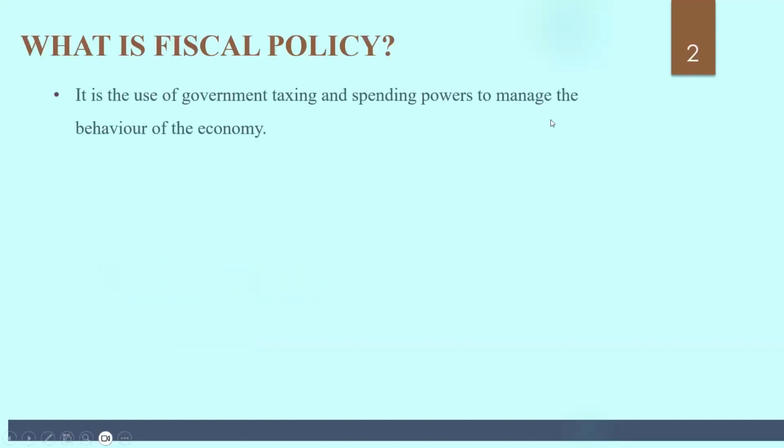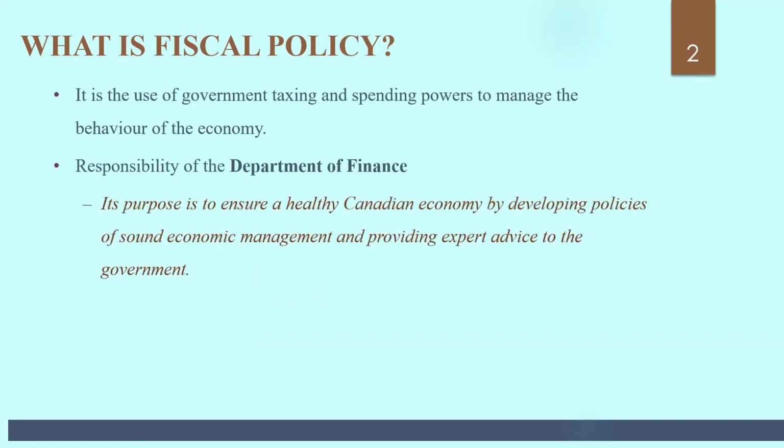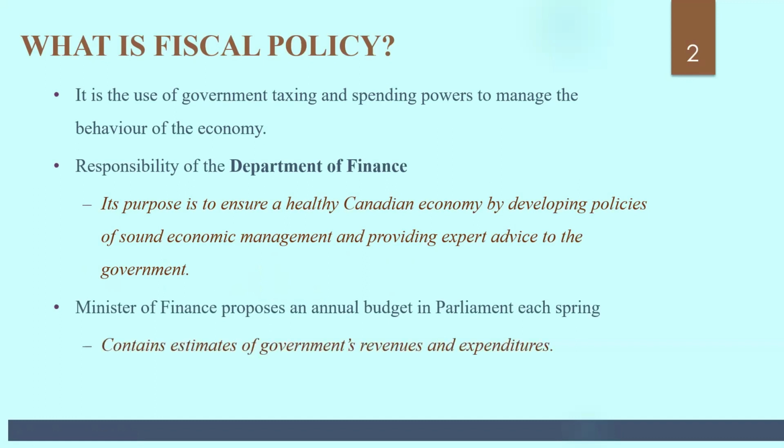So what is fiscal policy? It is the use of government taxing and spending powers to manage the behavior of the economy. So it's done by the Department of Finance. Its purpose is to ensure a healthy Canadian economy by developing policies of sound economic management and providing expert advice to the government. The Minister of Finance proposes an annual budget in Parliament each spring, which contains estimates of government's revenue